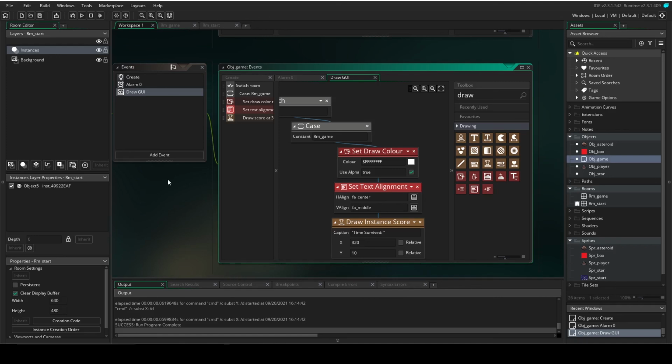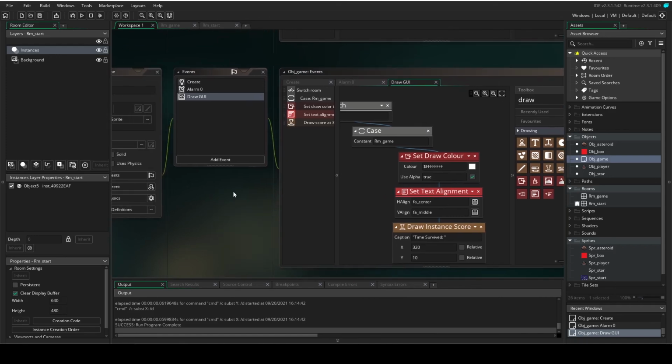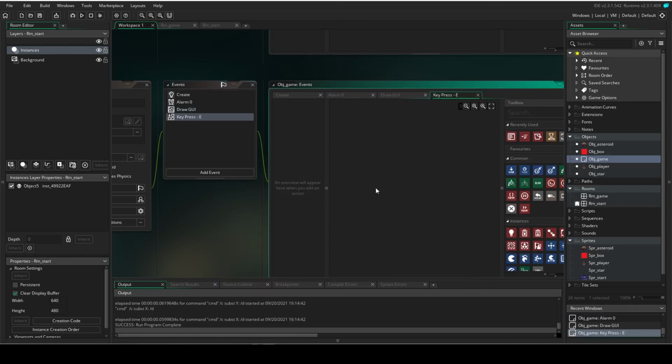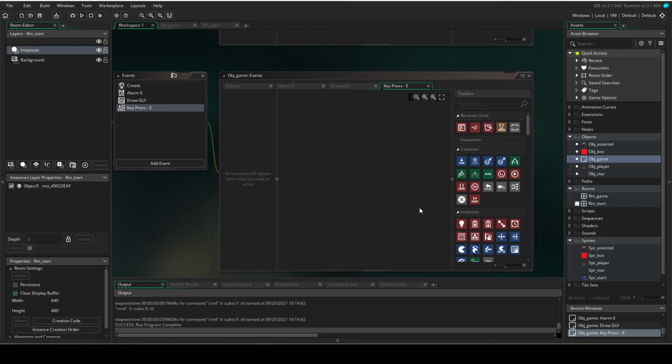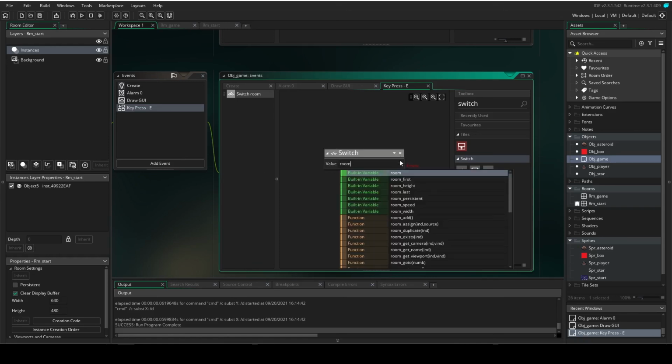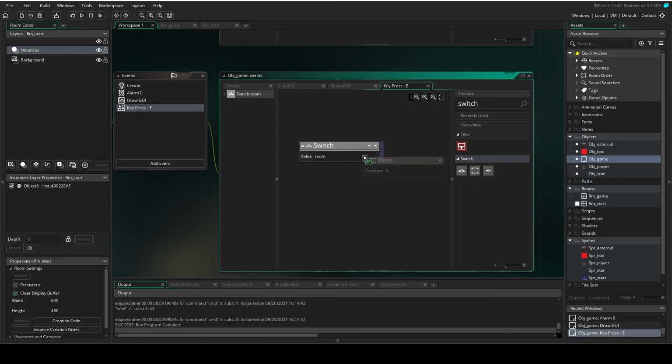Lovely. So there is just one more event that we want on here, and that is a key pressed event. So we want to add this key pressed. I did set it to E, but we could also set it to any, but for the purpose of today I'm just going to go letters and E, because that's what I've put on the spr_start screen. So in here, just like before, I want the switch actions available to me. I want to have the value of room on our switch, and then I want to add a constant to this case. So I dragged in the case, and now I'm going to add the constant of